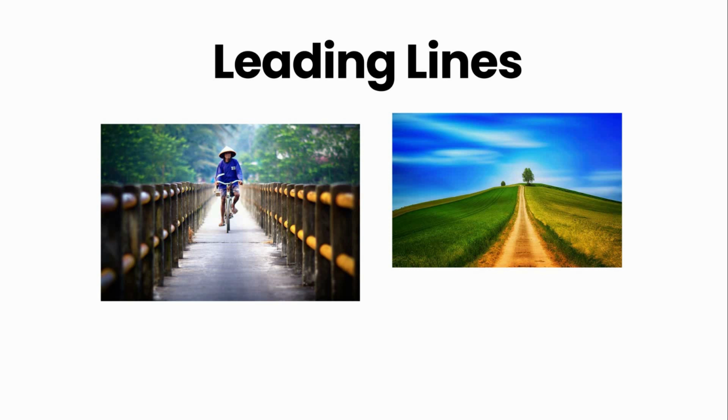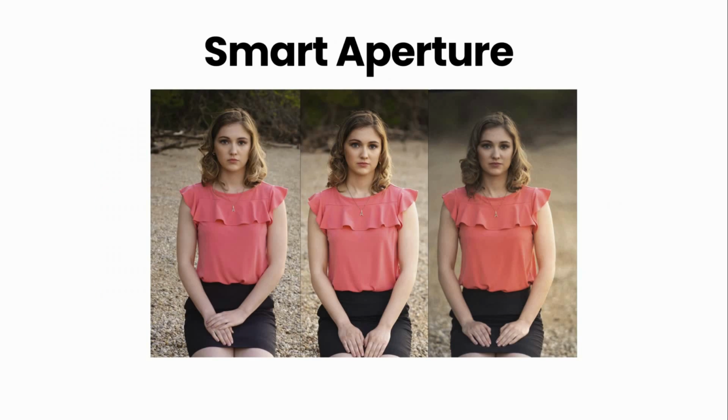So let's go to our next rule, which is smart aperture. When we are talking about smart aperture, not every time you should use f1.8 or f2.8 lenses. For instance, if your friend is in front of a waterfall and asks you to click a photo, taking the photo with f1.8 lens or f2.8 aperture will blur the background. So when your friend or model or object is in front of a landscape, you should always check different apertures.